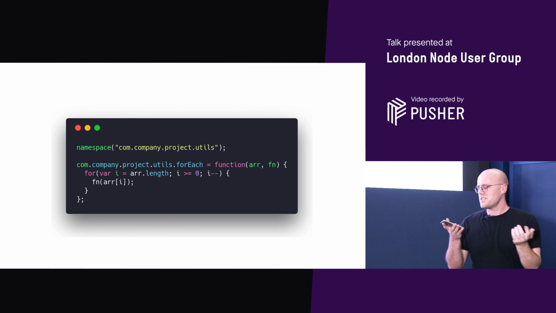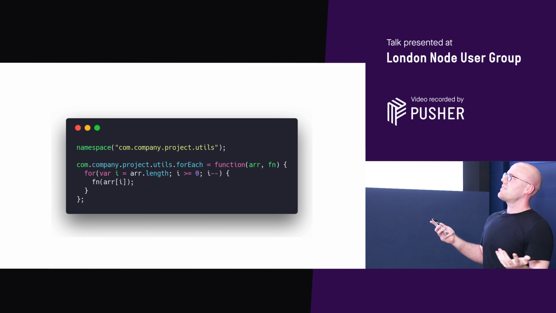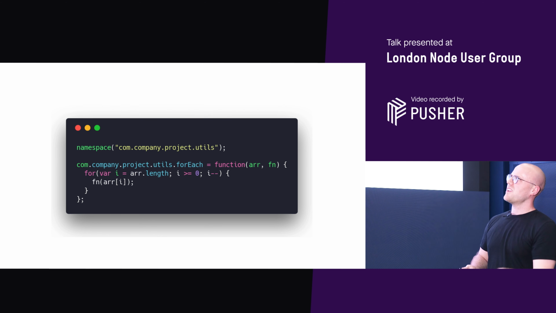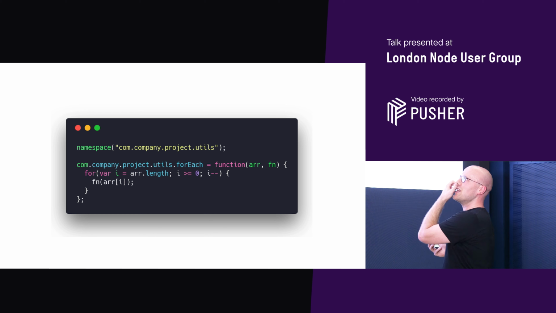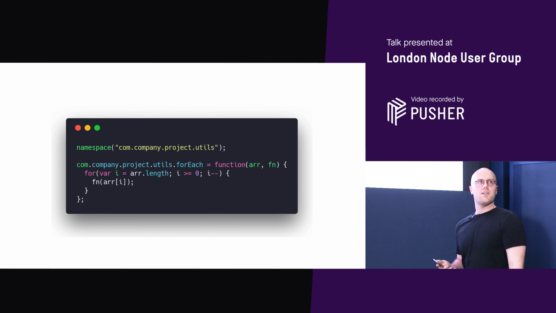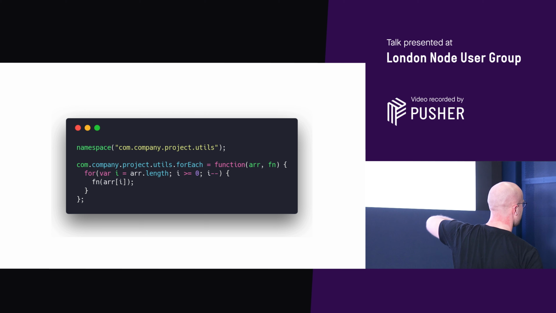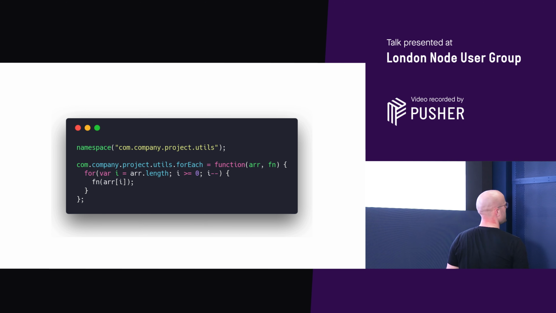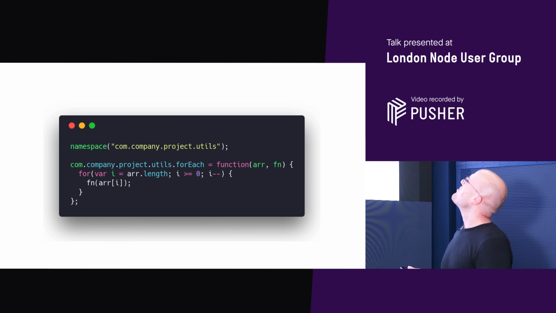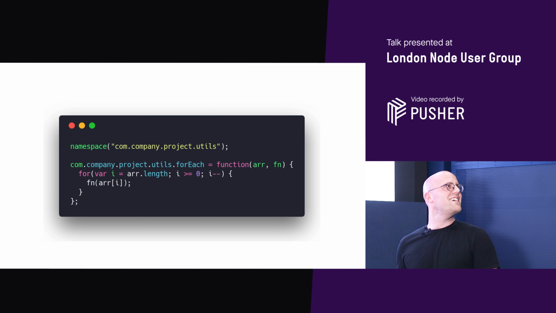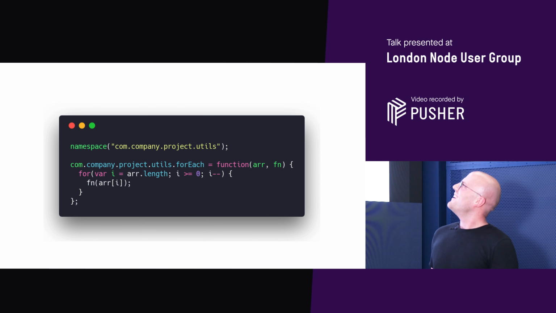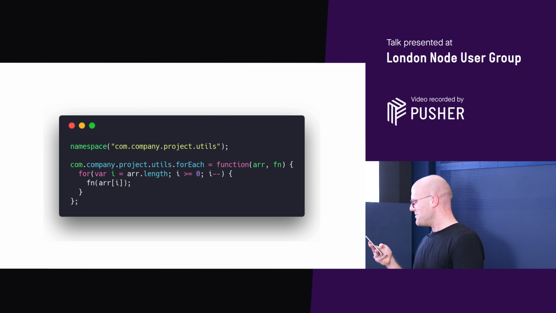Because you're just concatenating files, they're all on the global namespace. So you'd have an agreement with the developers around you not to trash each other's stuff. I used to write code like this. The namespace bit would create a tree of objects. And does anyone remember these backwards for loops for performance? Yeah, they're fun, weren't they? It's great times.